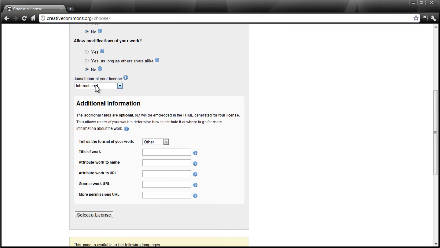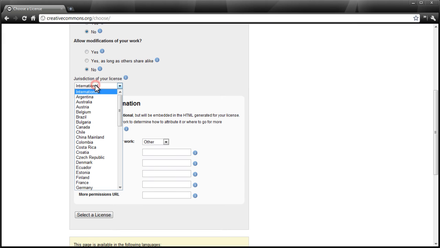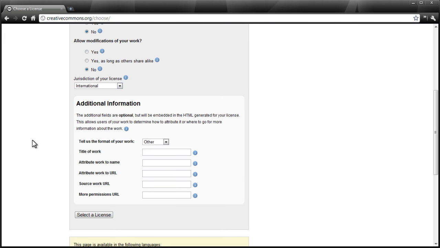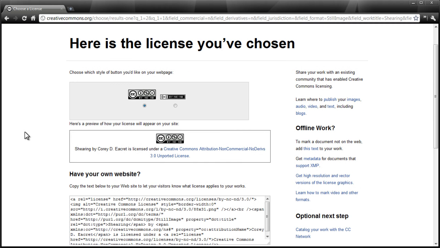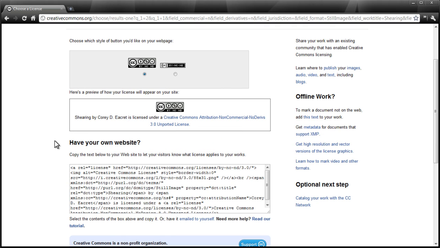Jurisdiction of your license, you really want to leave it as international unless you want to set it specifically to your country. As for the additional information, you can set the kind of work, in this case it's an image, the title, who to attribute it to, a URL if you had your own website, a source work URL in case you use someone else's work that's under Creative Commons, and a URL to more permissions. Now once I hit select license, as you can see it'll give you information you can put on your own website. I'm going to copy this text right here,